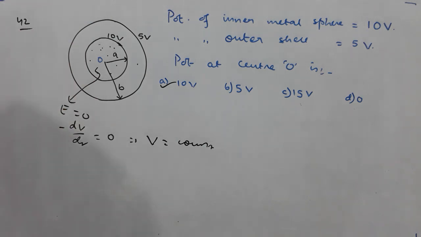I would like you to try most of the questions given in this particular assignment, students. Today I'll stop here. I have given some idea regarding potentials and how we are using Gauss law to decide what will be the charge configurations on inner and outer spherical cells. With this much as a hint, please try to solve the questions given in the assignments. So for now, I'll stop here.